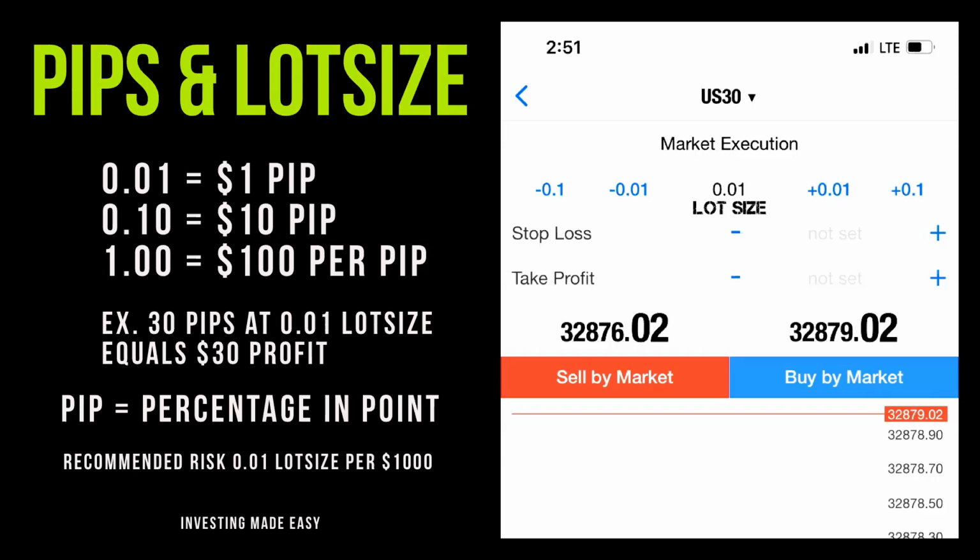So this example here, 30 pips every night. Our goal is to make about 30 pips every night. We put out a trade signal at 8:00 p.m. Now, depending on what your lot size is determines your balance. So if you have a 0.01 lot size and we hit our goal, our take profit of 30 pips, well, what's $1 times 30? $30. If you have a 0.10 lot size, that's $10 per pip. What's $10 times 30? $300. See how you can determine what your profit is before it even hits if you understand your lot sizes and your pips?